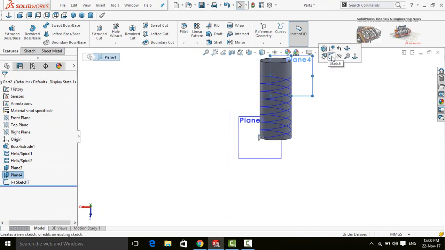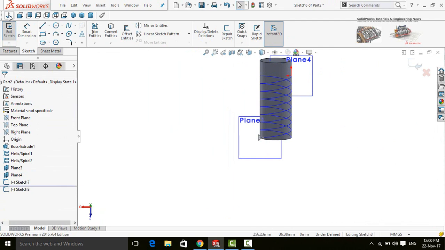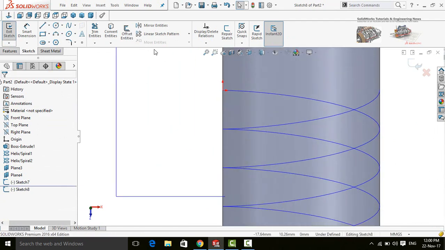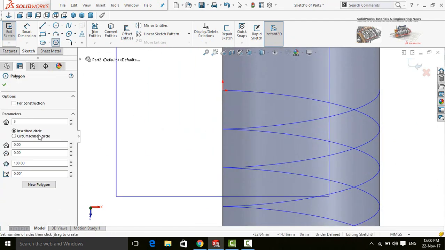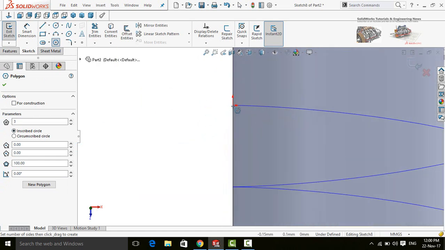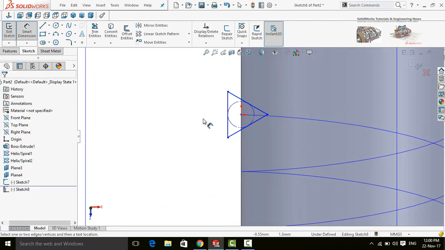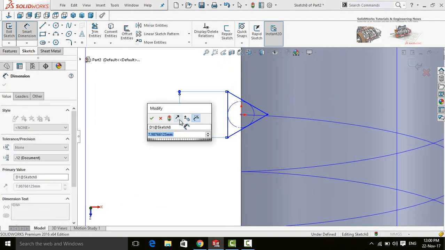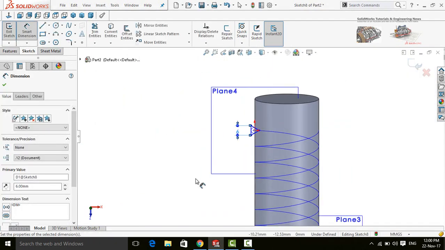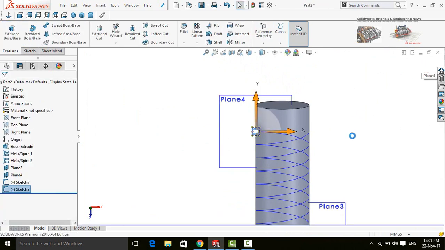Similarly sketch on the other plane, make it normal to and draw the same polygon with 3 sides. Start it from the origin. Define it 6 millimeters. Save and exit from sketch.